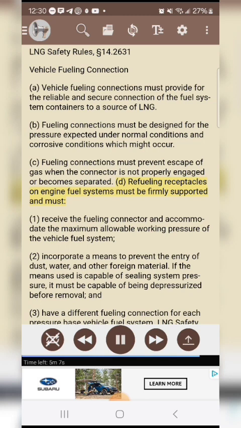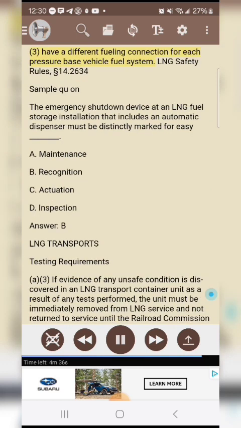Refueling receptacles on engine fuel systems must be firmly supported and must: 1. Receive the fueling connector and accommodate the maximum allowable working pressure of the vehicle fuel system. 2. Incorporate a means to prevent the entry of dust, water, and other foreign material. If the means used is capable of sealing system pressure, it must be capable of being depressurized before removal, and 3. Have a different fueling connection for each pressure-based vehicle fuel system. LNG Safety Rules, Section